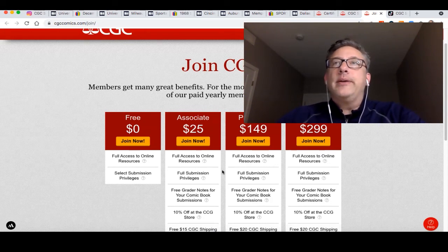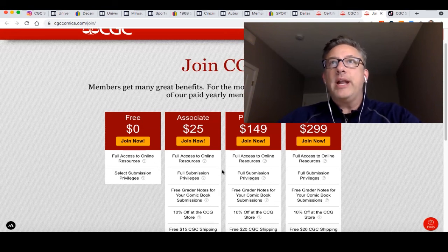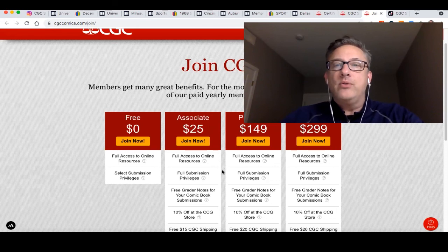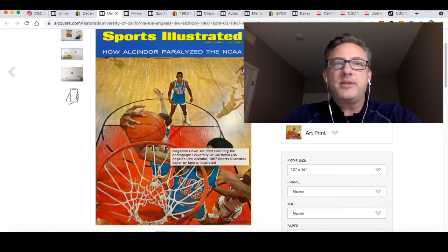Next question, is there a database where I can search for a player and get a list of all the Sports Illustrated covers that he's been on? It's a good question, and the answer is kind of. If you haven't used the website sicovers.com, and I showed a lot of these images before when I was talking about Lou Alcindor and the other stars, this is from the website